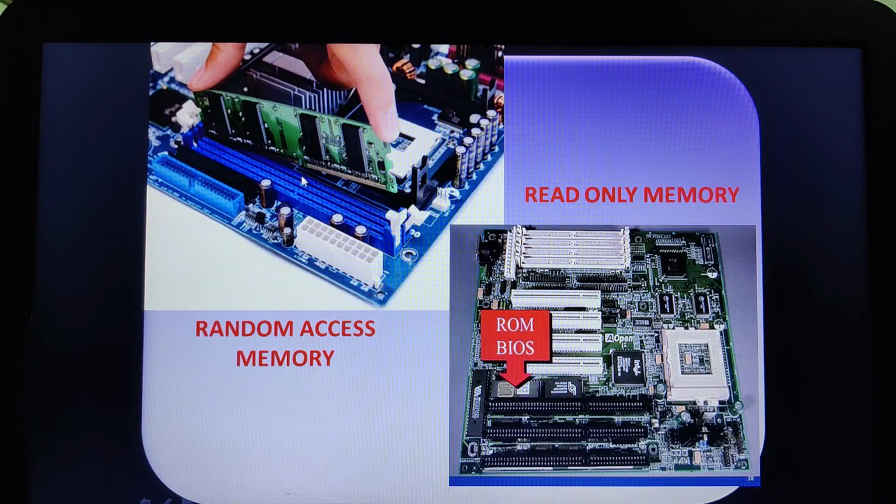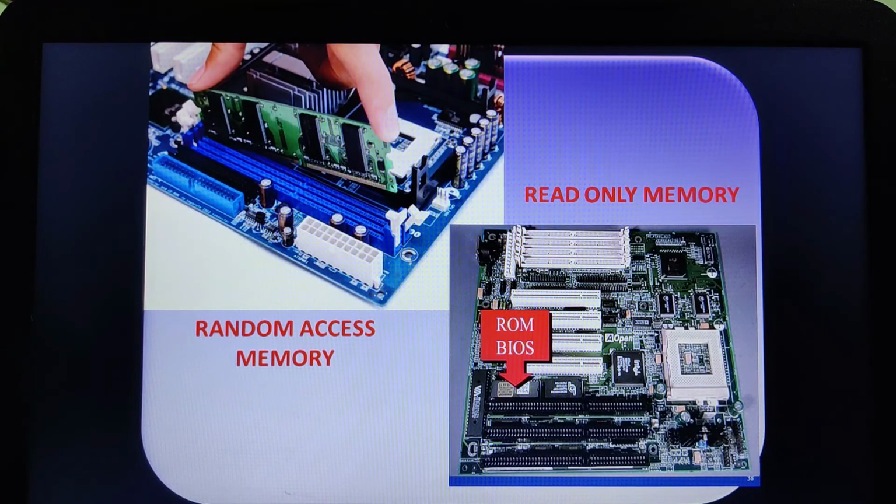This SRAM is quite fast and very easy to use. The access speed of this SRAM is 2 to 10 nanoseconds, whereas in case of dynamic random access memory, it was 50 to 150 nanoseconds, because the refreshing process causes delay and the data transfer will be slow. But in case of static random access memory, there is no refreshing at all, and that is the reason the data transfer time here is around 2 to 10 nanoseconds. I hope you are able to understand. So this was all about the RAM and its types.